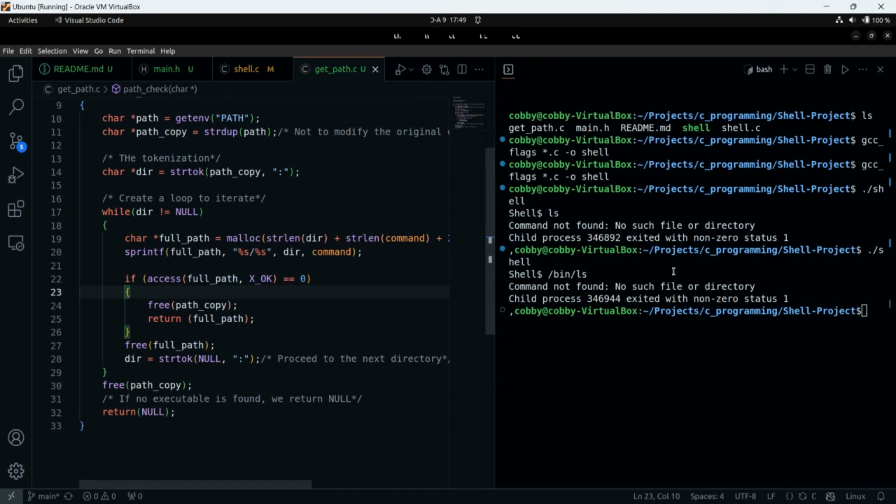First of all, we can check if our function is working correctly and returning what it's supposed to return. It is returning the full path.